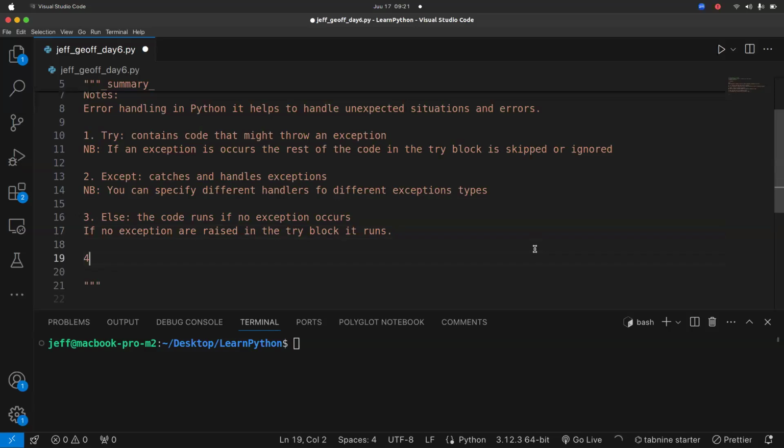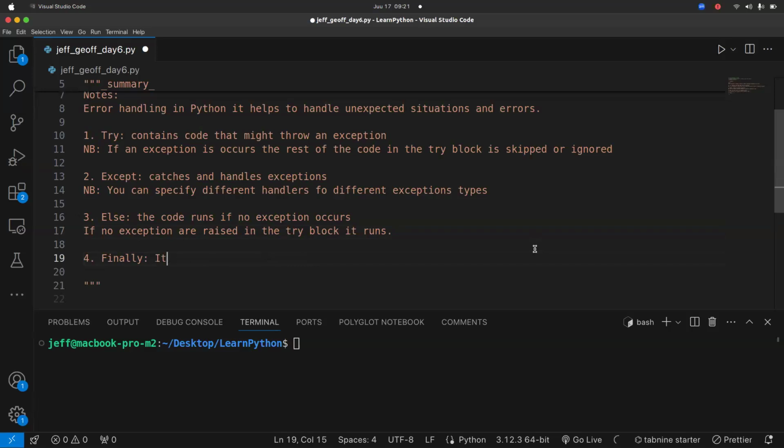And finally, the last one, which is finally. The code runs no matter what. Whether there's an exception or there's no exception, the code runs.